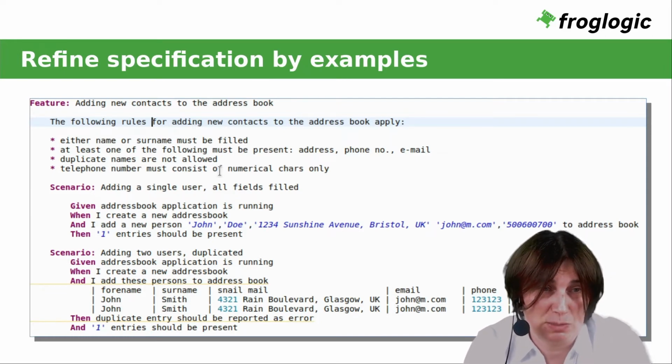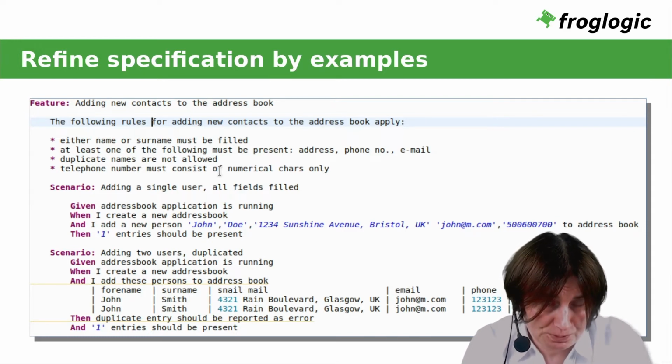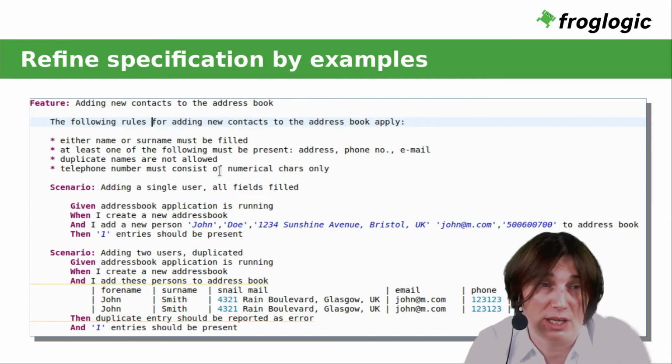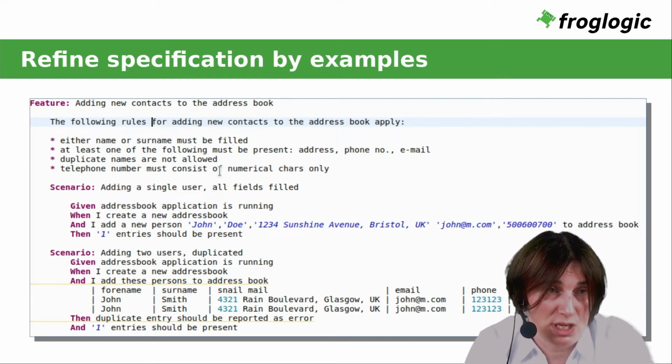The duplicate names are not allowed. So those are our rules. Also, the telephone number has to consist of numerical characters, and if not, the error message appears. So those are our rules, and for each rule